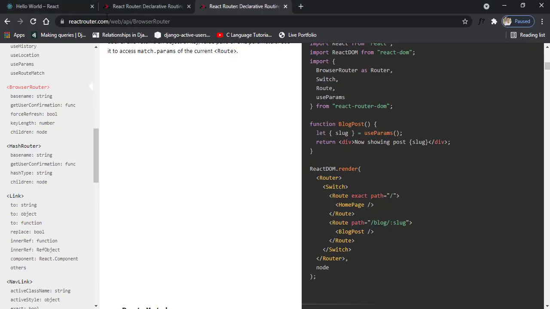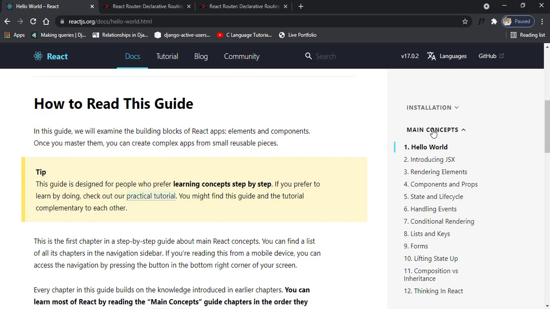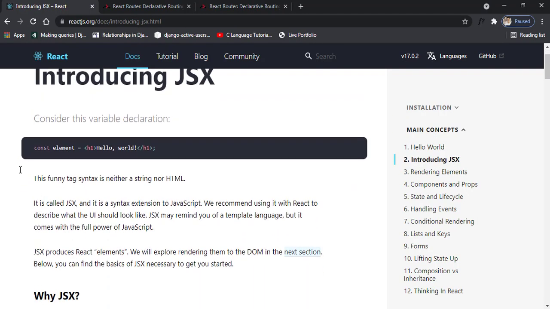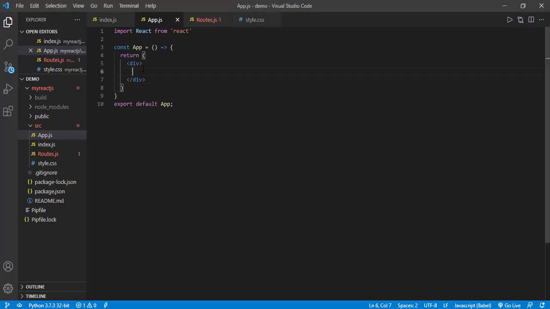So let's check with the documentation. It is basically an introduction of React.js, our next topic. So it is not HTML, not JS. It is React.js JSX. Whatever we write inside this is not a JS code, and even this is not an HTML code. This is React.js code. So we call this in short form React.js JSX.